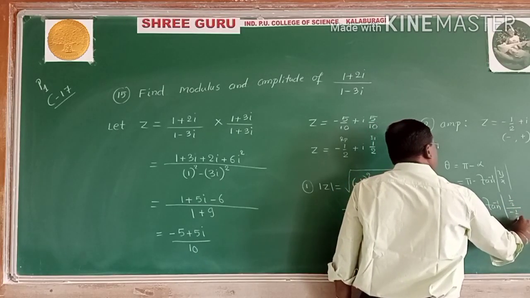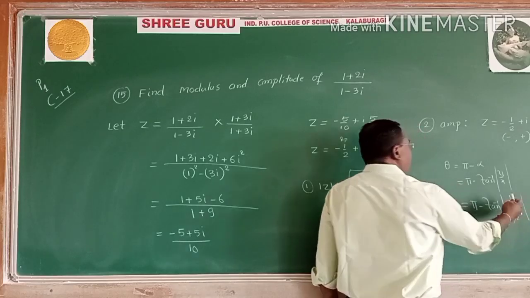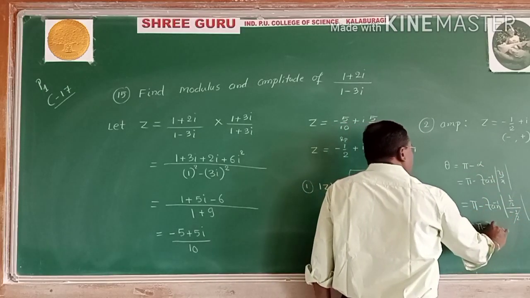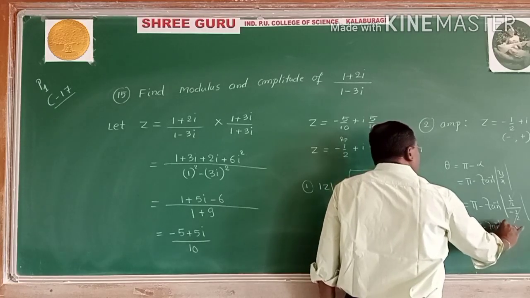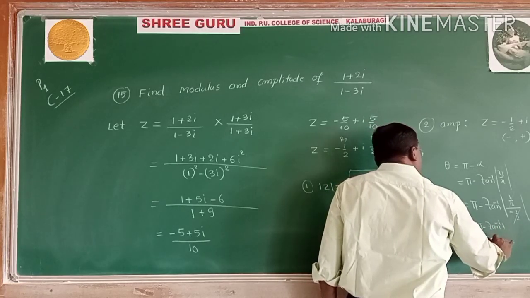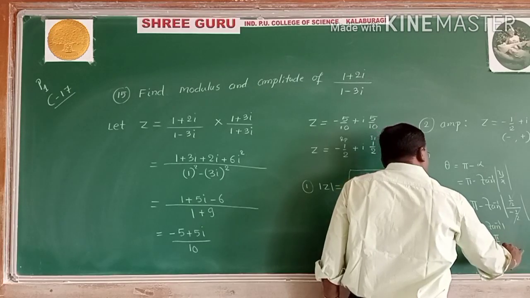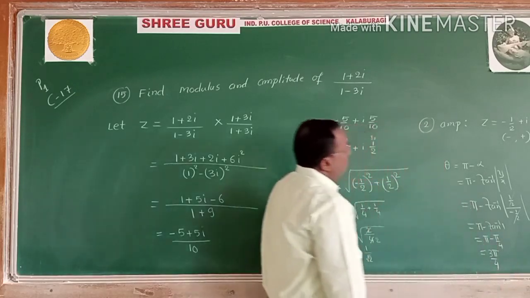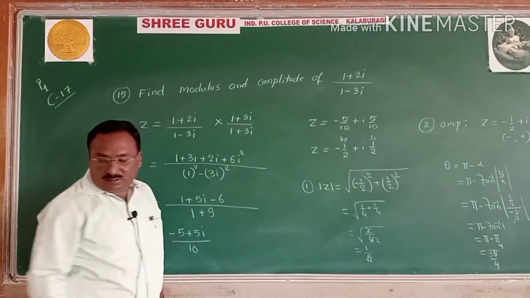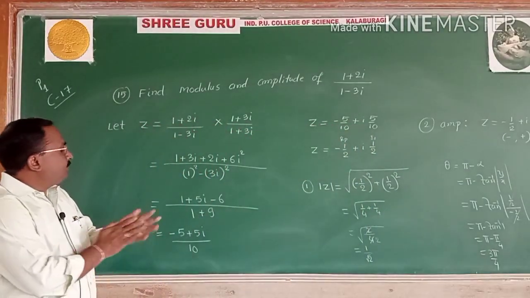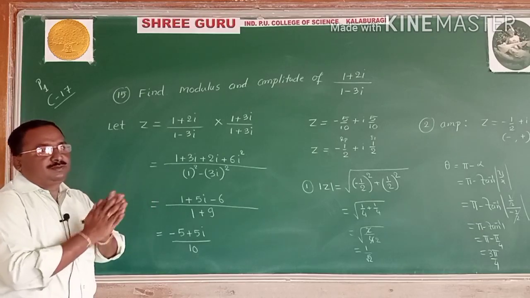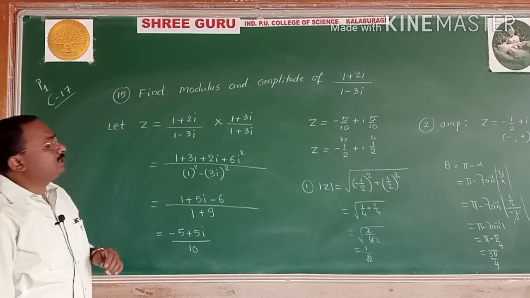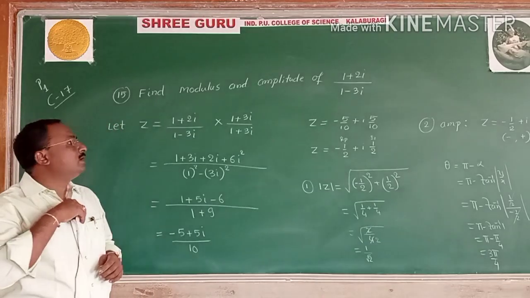Minus 1 by 2. They cancel. Value is what? Minus 1. On applying the modulus, it is always positive. Tan inverse of 1. Tan inverse of 1 is which angle? Pi by 4. Pi minus pi by 4 is 3 pi by 4. Amplitude: this is the value for that. Negative, positive, minus, plus. Next example number 16, in the next class I will continue tomorrow.